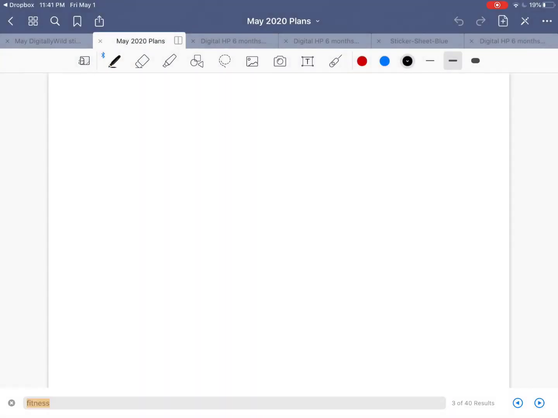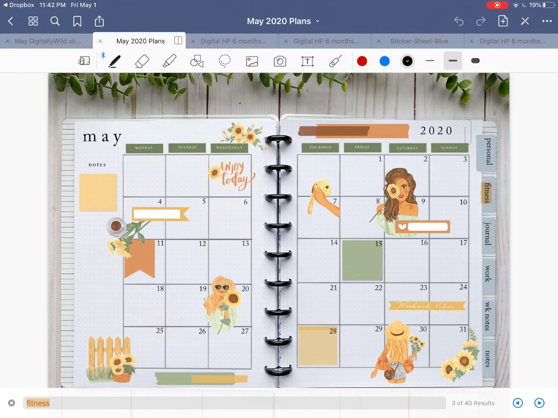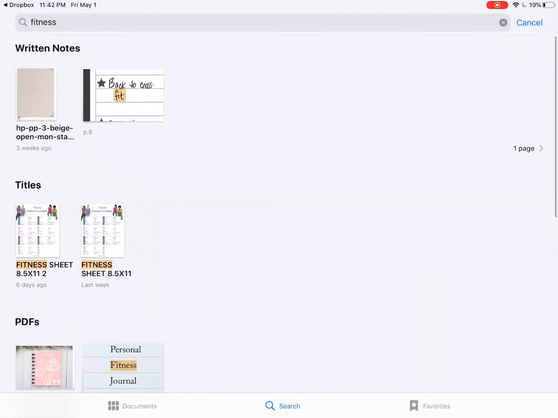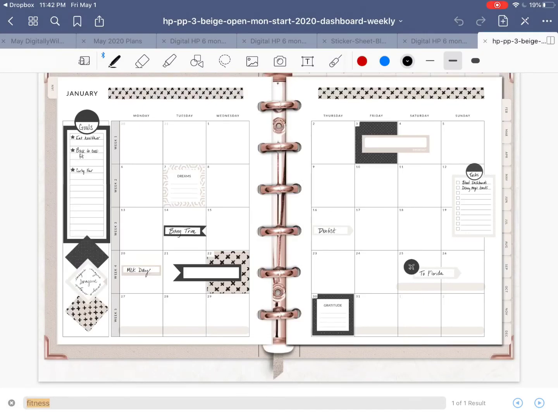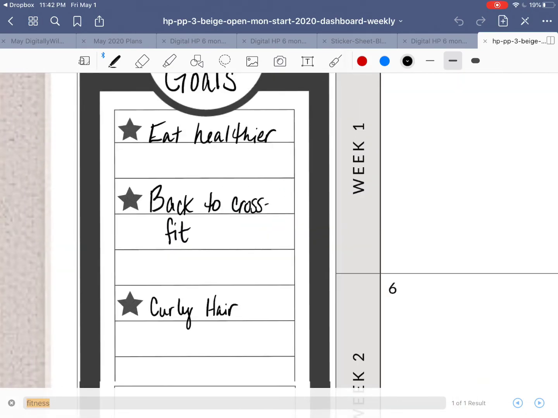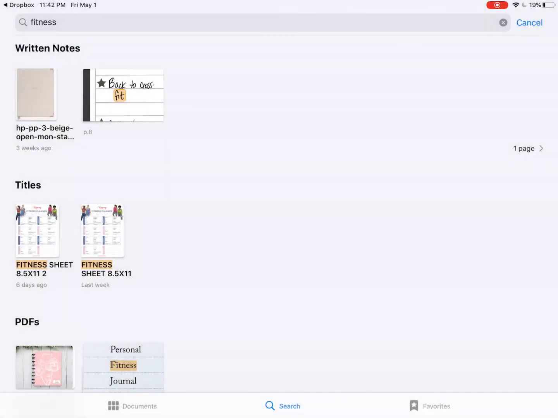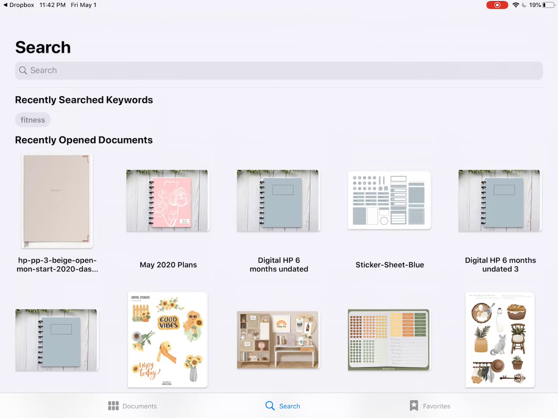And then it will take you directly to that document and that page, and it highlights the word that you typed into search. So pretty powerful, especially that it's searching your handwritten notes, which is pretty cool. To get out of this, just hit cancel,